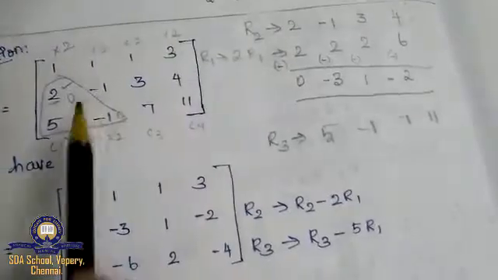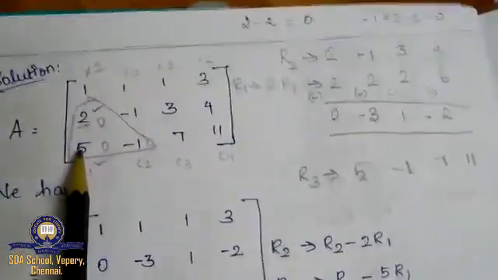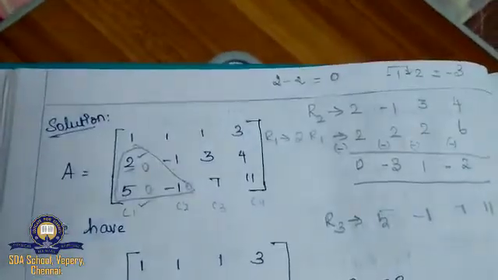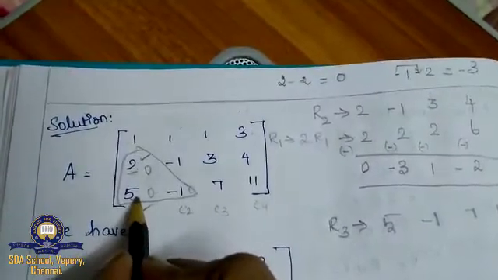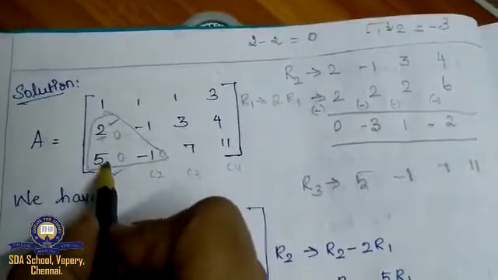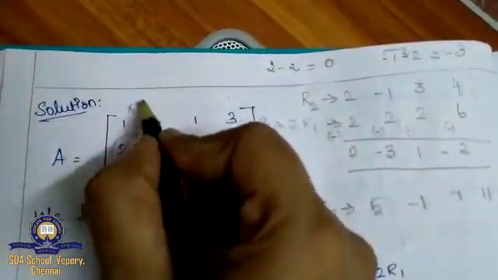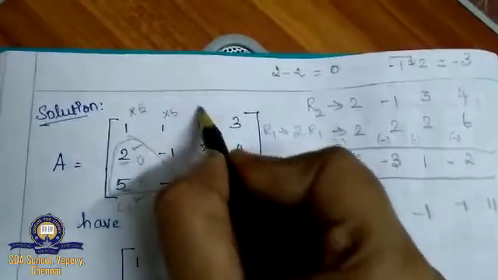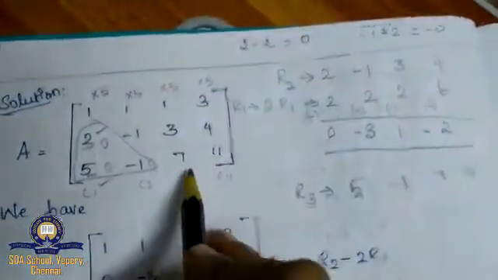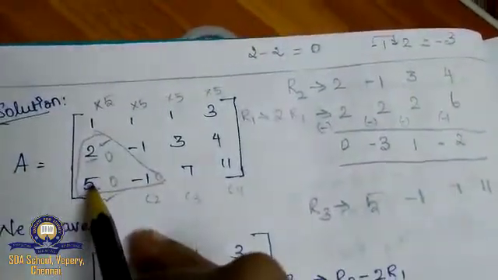So now what you should do is, here it is 5. In order to make this value as 0, we have to use the first row again. We have to multiply the first row with what number? Here 5 is given, right? Here your first number is 5. So you have to multiply my row 1 with 5. So what we did for row 2, similarly we have to do it for row 3, because I need to make this value as 0.